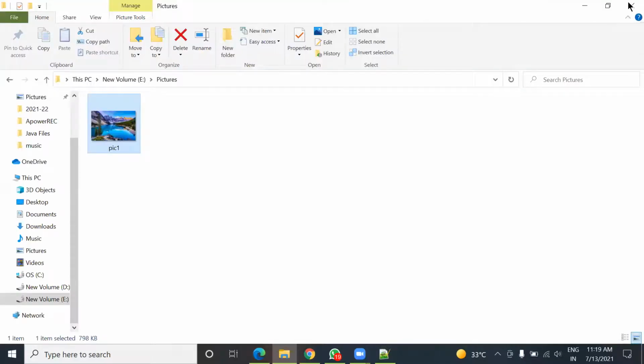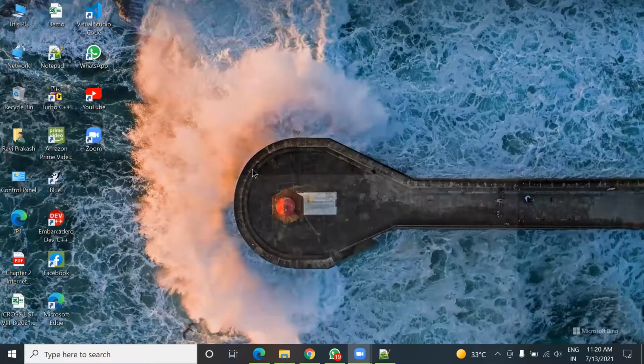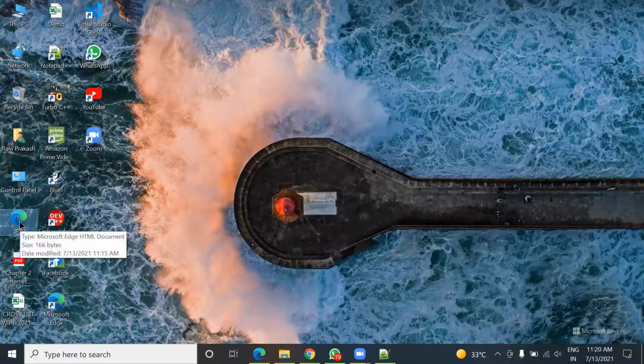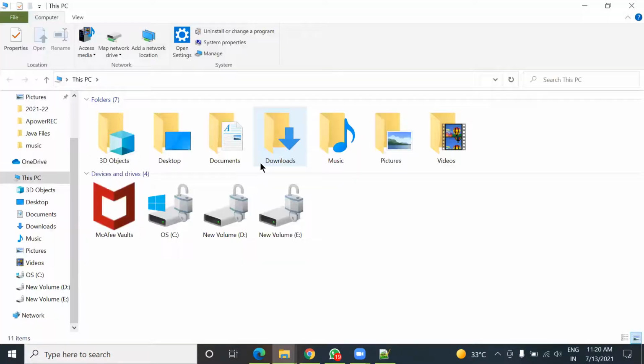It was showing before, when the picture was on the desktop. But now it is not showing. Why? Because I have moved that picture from the desktop to this folder. So now both these files are in different locations. This file is the HTML document and it is here on the desktop, and the picture file is inside this folder.